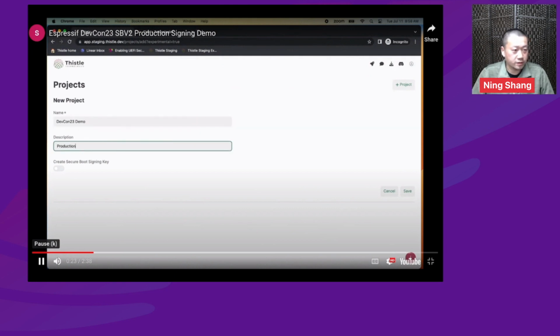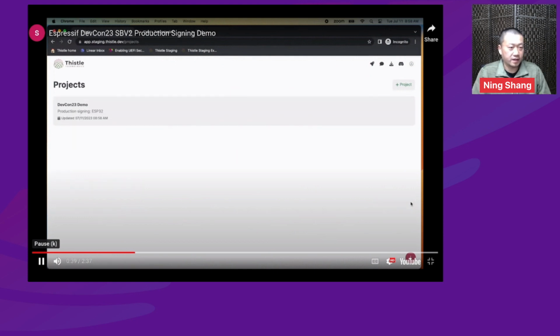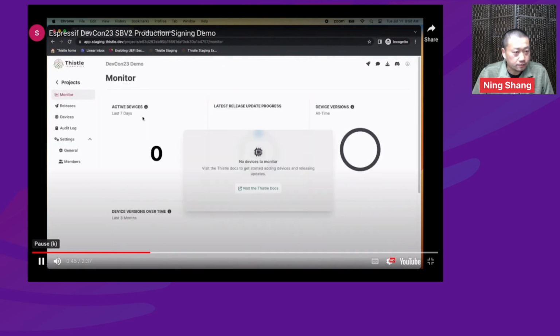We just call the project DevCon 23 demo, and it's for production signing of ESP32 firmware. Once you click the button to create a Secure Boot signing key, a key pair will be created in the KMS. Now you can enter the project.